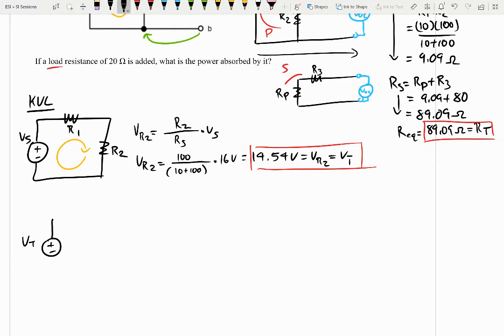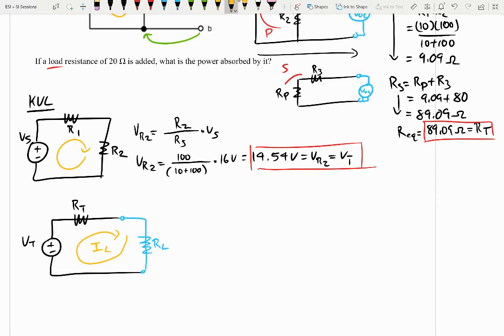Get those out of the way. This is RThev and VThev. But now we're introducing that wire and the load resistor. So now we're changing things. We changed the resistance of the circuit itself. And because this loop is there,